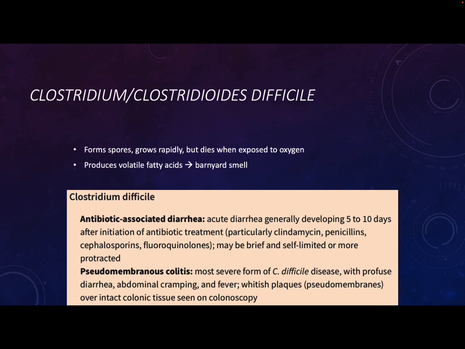Most commonly with C. diff, what we see is in our hospitalized patients who have taken antibiotics for something else. When they take those antibiotics and it alters the normal microbiome of the GI tract, that opens up the GI tract for infection by C. diff. So this tends to be a hospital-acquired infection. It goes around the hospitals. Remember, it forms spores. Spores are pretty resilient to drying, to cleaners, and so it can go around the hospital pretty easily.